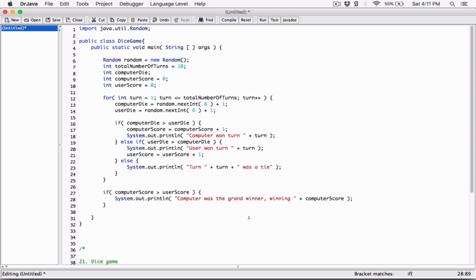And computer score will basically keep track of how many turns the computer won out of the 10 rounds, right? We have 10 rounds stored in total number of turns. So we have 10 turns stored in total number of turns. And your computer score is just keeping track of how many turns the computer won, if indeed the computer won. All right. Even if the computer didn't win, the computer score is keeping track of how many times the computer won, right? So we can go ahead and use that variable and say computer was the grand winner, winning